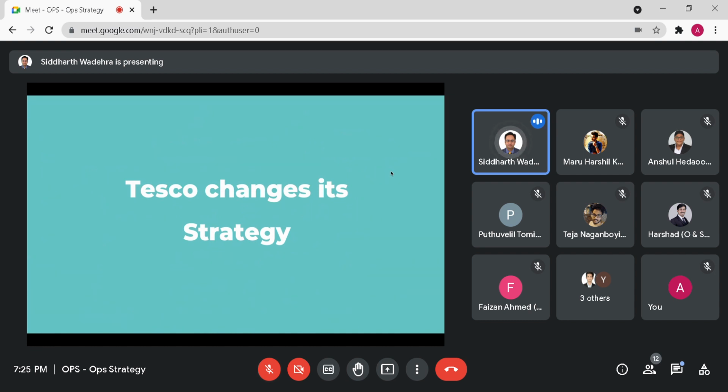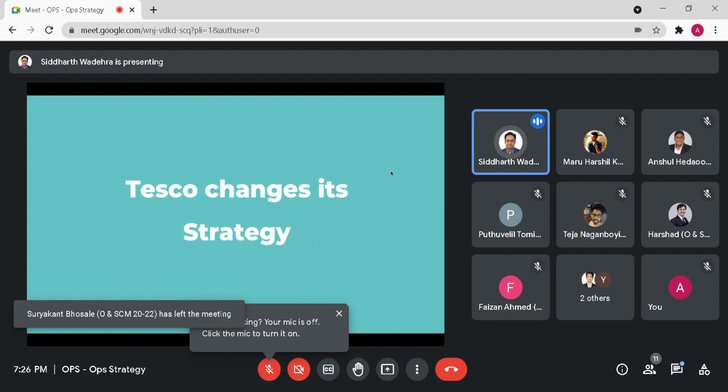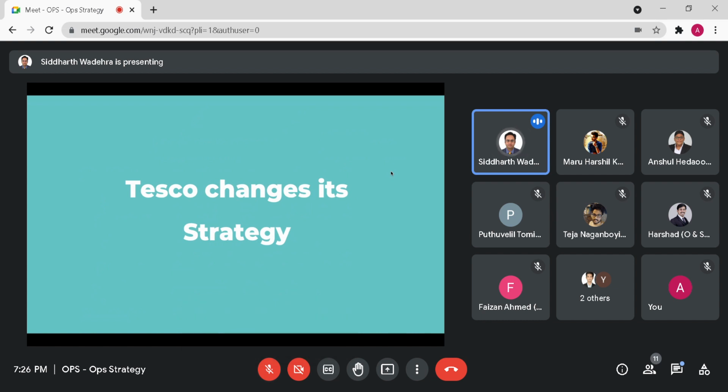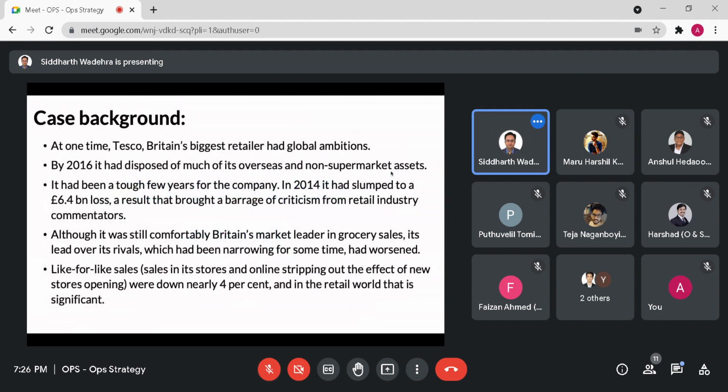All right, let's look at a case study, and it's typically a case study around monitoring and control. It's very difficult to find something which is uniquely about monitoring and control, so it will have other aspects as well, but take it from the perspective of monitoring and control to understand how an organization like Tesco could not effectively, I guess, at some level, control some of its operational implementation